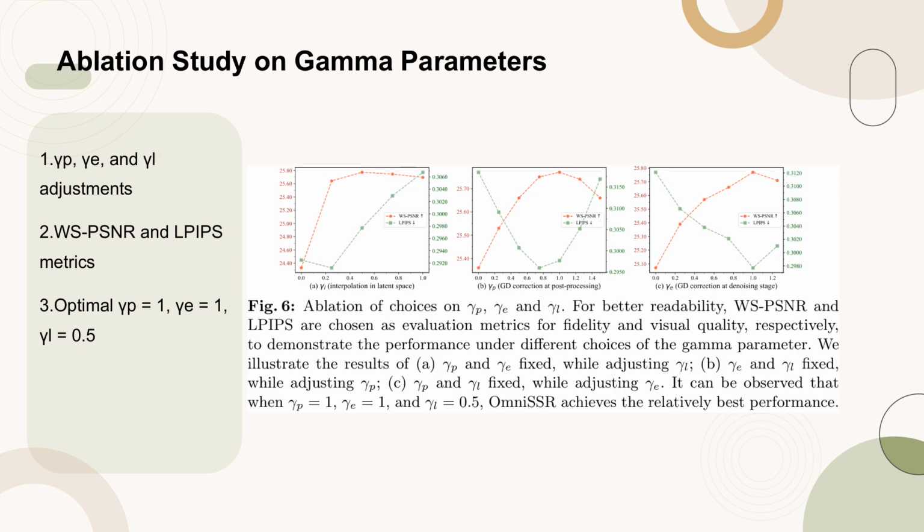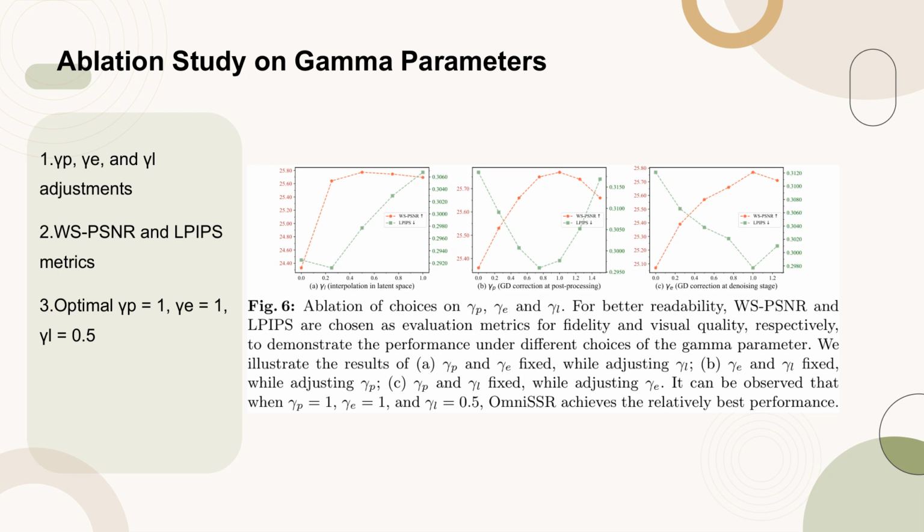Figure 6 presents an ablation study on the choices of gamma-P, gamma-E, and gamma-L parameters in the context of OmniSSR performance. The study uses WSPSNR and LPIPS as evaluation metrics to assess fidelity and visual quality under various gamma settings. The results are illustrated in three scenarios: A. Fixing gamma-P and gamma-E while adjusting gamma-L, B. Fixing gamma-E and gamma-L while adjusting gamma-P, and C. Fixing gamma-P and gamma-L while adjusting gamma-E. The study reveals that OmniSSR achieves the best performance when gamma-P is set to 1, gamma-E to 1, and gamma-L